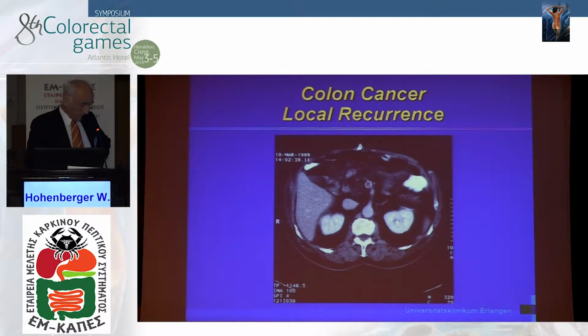Well, now I will present you some oncologic outcomes of curative cancer at that site, and I will start with the local recurrence. This is a local recurrence of the transverse colonic resection at the root of the superior mesenteric artery. This may be probably even the root of the middle colic artery.